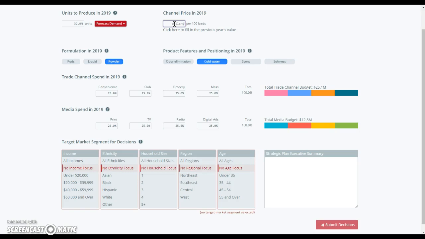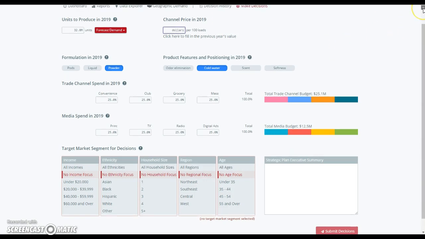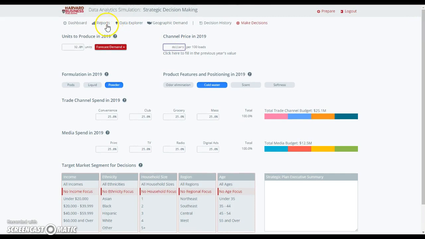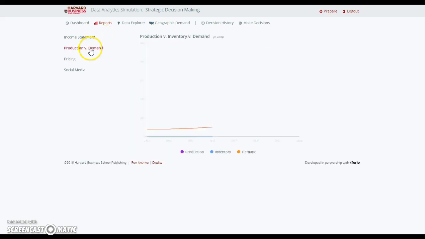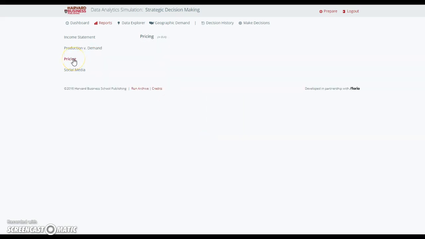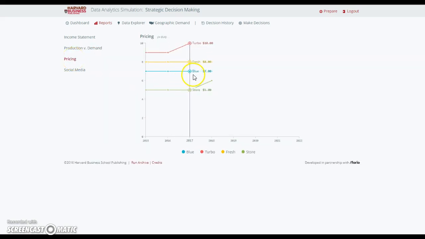You can, of course, see some data about the past, which you can find if you go into reports. Here's a little set of information. You can see the income statement for the past years, which is also in the case material. You can see your current production versus demand. Here you can see you have a demand of 32,000, production of 32,000, and an inventory of 0. You can see current pricing,